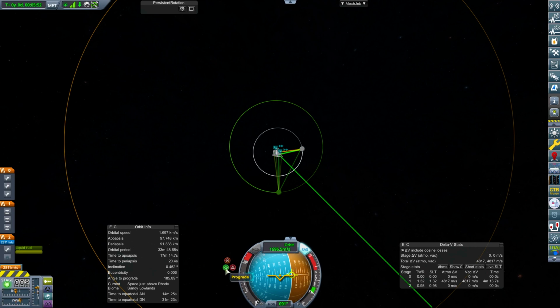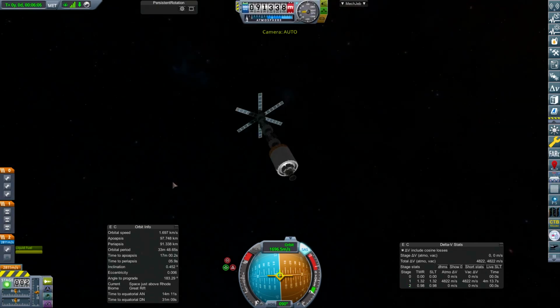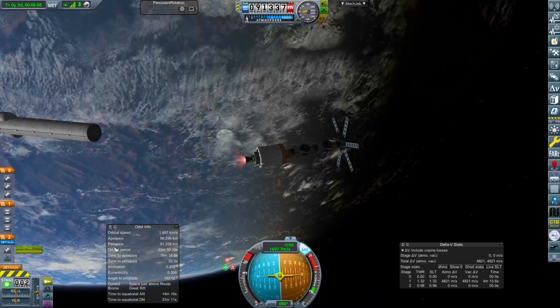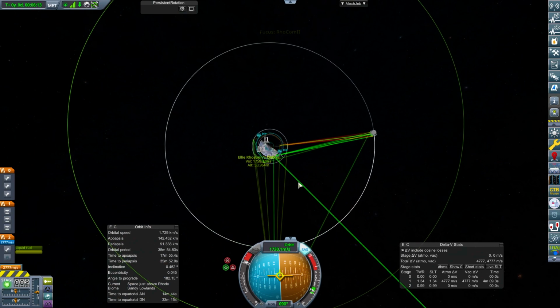So let's put it as prograde. It doesn't really matter where I'm going with this one, because I want to use this low orbit as sort of semi-relays, is actually what I want to do. So let's do that. Let's see, can I do this? I should be able to. This should be possible. So fire that engine. There we go. Get going. Right, we're going to speed this up just a smidgen,